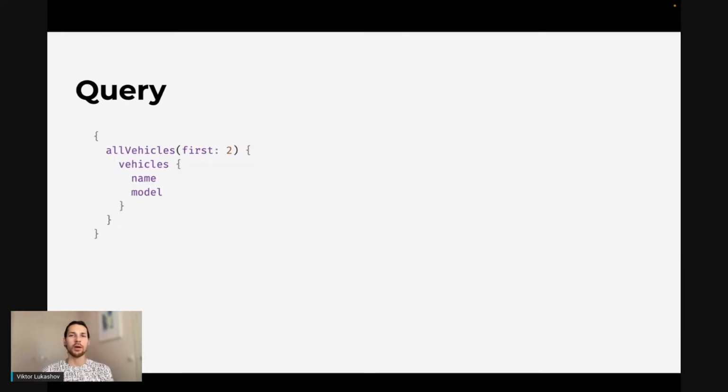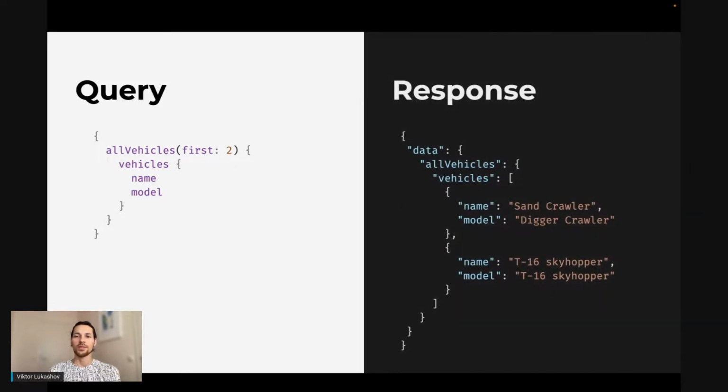Query. With GraphQL, a query would look something like this. Very similar to JSON, but you quickly spot a difference. With GraphQL, you could add arguments to any field anywhere in the query. The response in GraphQL is always a JSON structure with a data property containing all the data that the query fetched, and possibly an errors property in case there are any errors. Data could be null in that case.